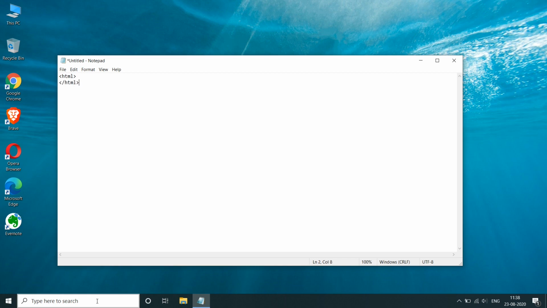So I'm creating something called HTML tags. And within the tag, I'm going to open a new head tag. And below that, I'm going to open what's called a body tag. And within the head tag, I'm going to open another tag.